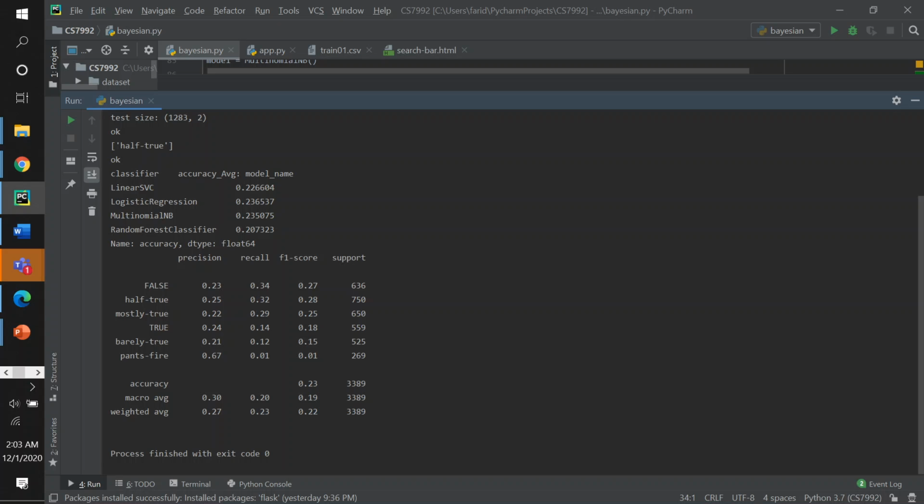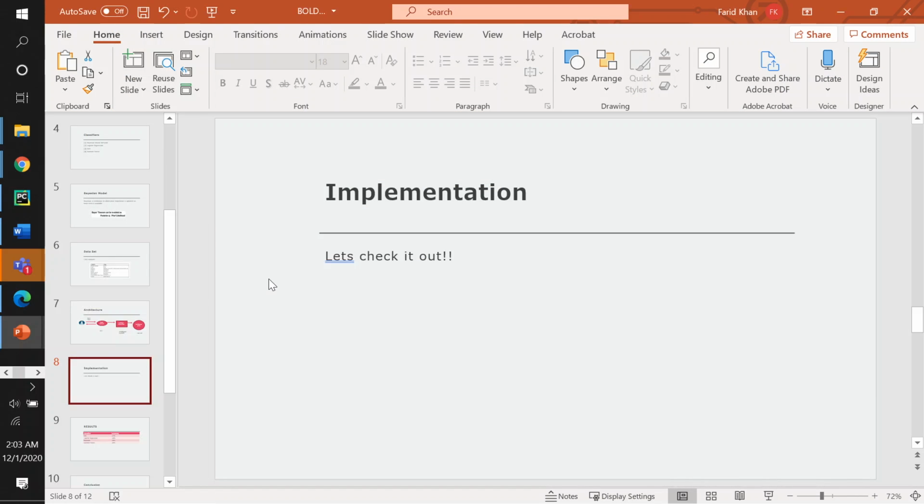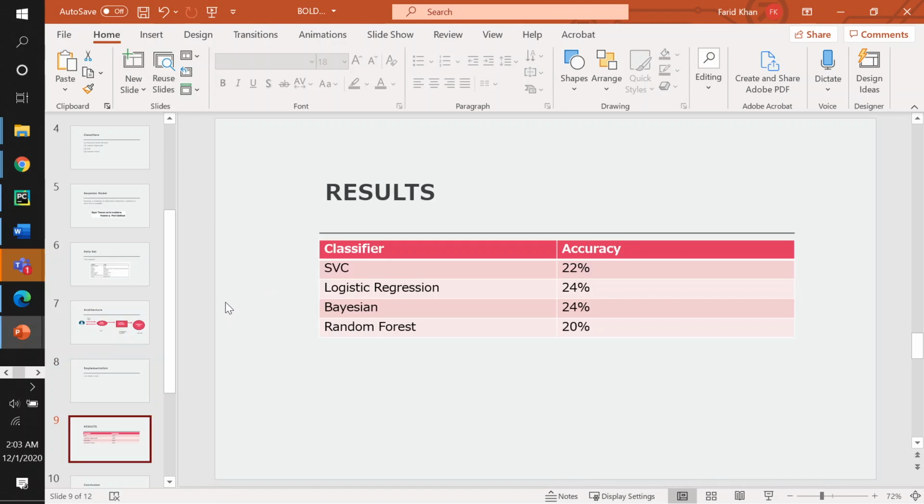But then the question actually comes to rise. So as we see here are the following results that we receive on the LIAR data set. So the major question that comes to rise is why the accuracies tend to be so low. Well, the actual reason is that the benchmark